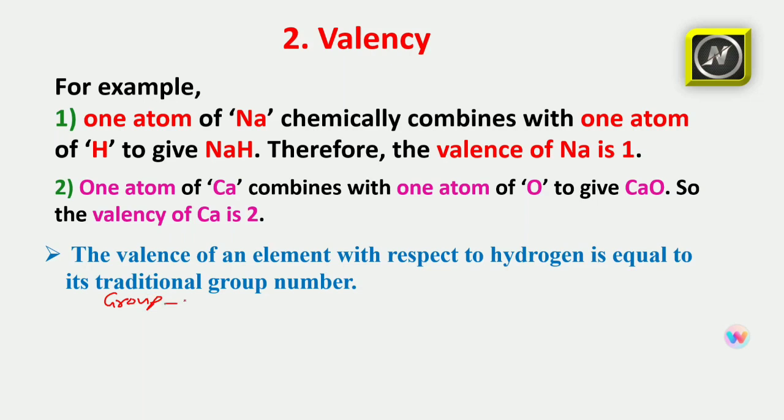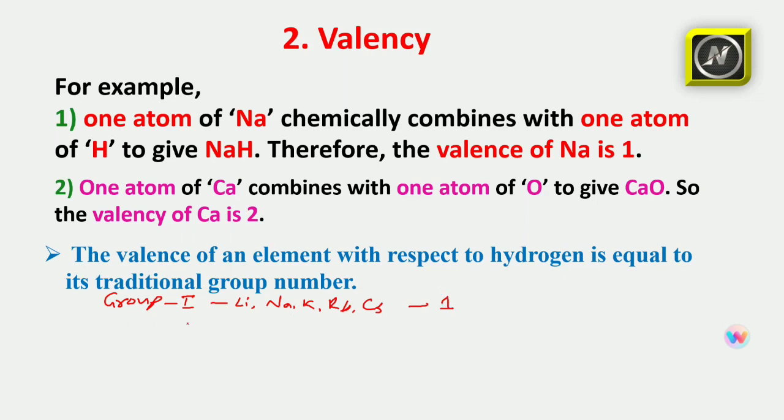Let us take the group 1 elements. What is the valency of the group 1 elements? Its valency is equal to its group number. That means, what are the group 1 elements? Lithium, sodium, potassium, rubidium, cesium and francium. And if you see this, the valency of these elements is equal to its group